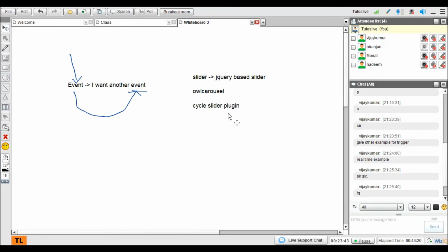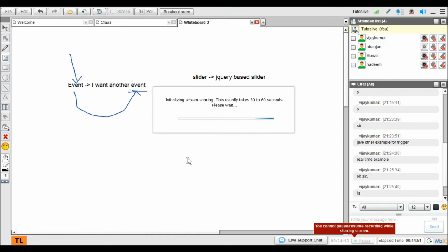Let's first see the cycle slider plugin. What I want you guys to do is experiment with this. I'll show one example. There are 15 ways we can do this slider plugin. It's very easy, and you can do all the other 14 outside of the one I'm showing right now. So let's see that example.